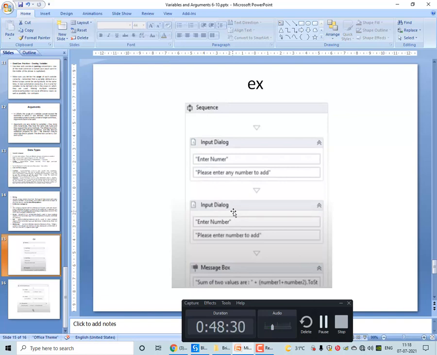So this is the arithmetic operation we have seen, requesting user to enter first number, then second number. For that we have taken input dialog box. Then in message box we have used concatenation to merge these two numbers and perform the addition. See, in message box by default it displays string values, as numbers are integer values. For that we have used .toString. The toString will convert the number or integer value into the string, okay. If this .toString is not used, then it will throw an error message. So that's why we have to convert the integer to the string values.